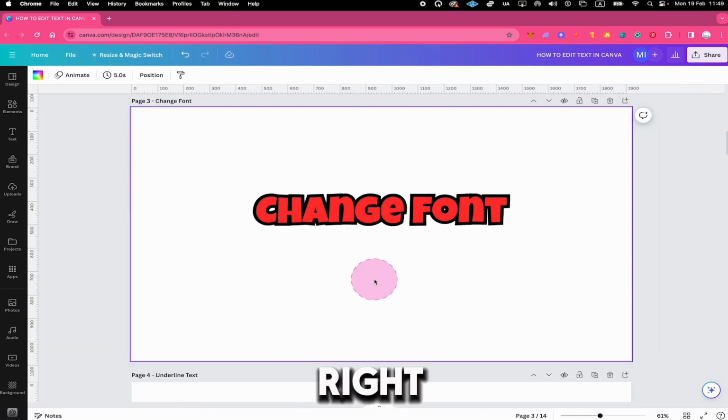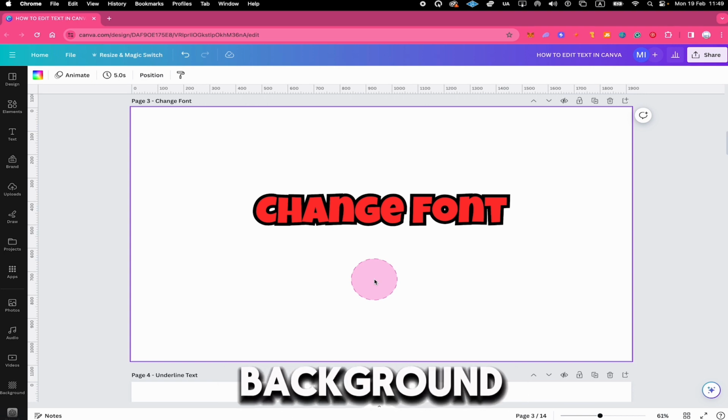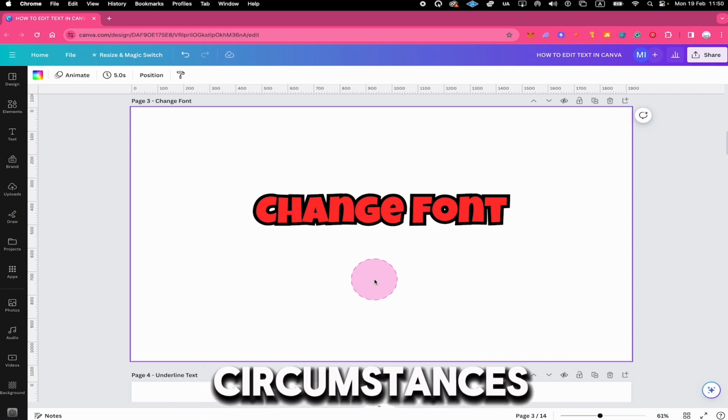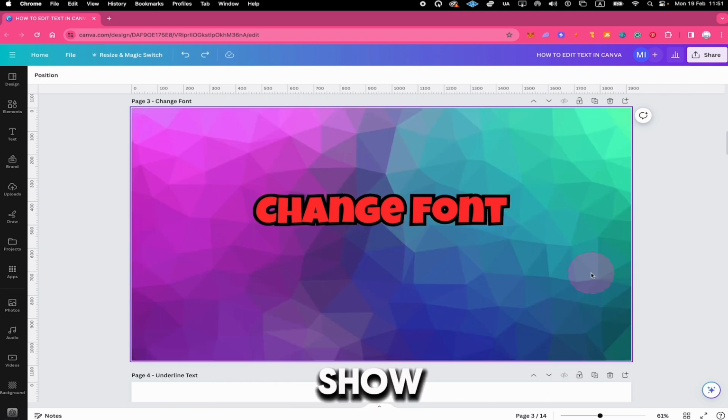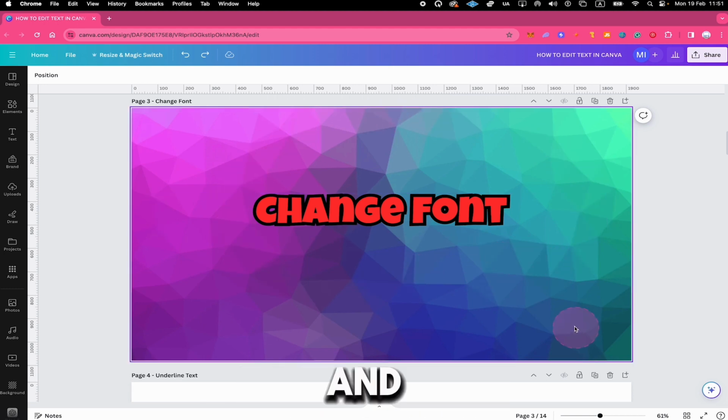And this looks great, right? This kind of text effect is especially useful whenever you have a complex background behind the text, because without an outline, under these kind of circumstances, some fonts are barely readable. Let me quickly show you an example. In this case here, as you can see, we have a multicolored background. And with our outlined font right here, the readability of the text is actually very high, and people can read